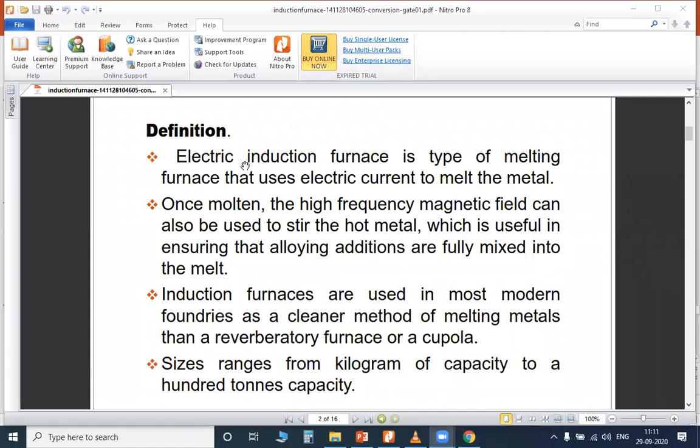Clear? A frequency is taken from 50 to 100, so a 50 kilohertz frequency is taken. Some type of scrap material is taken. The induction furnace is mainly used in the US, because it is a very easy process and takes a very short time. The process takes only 1 hour.